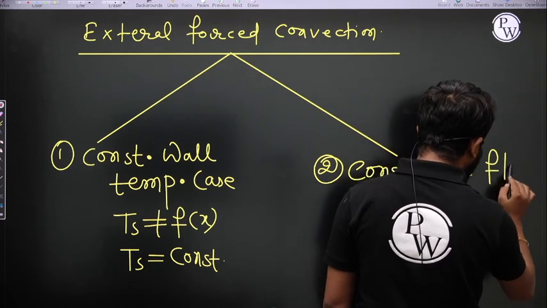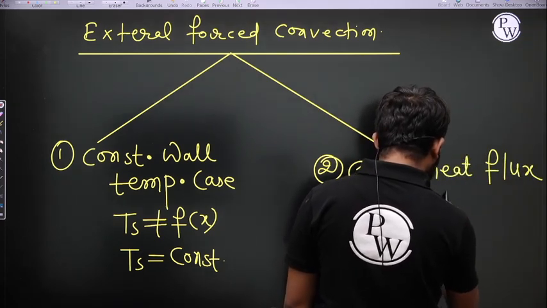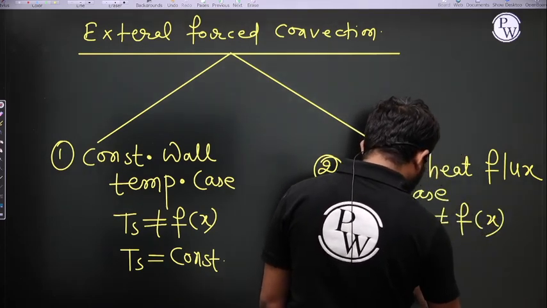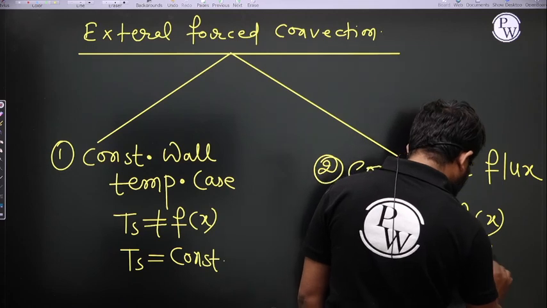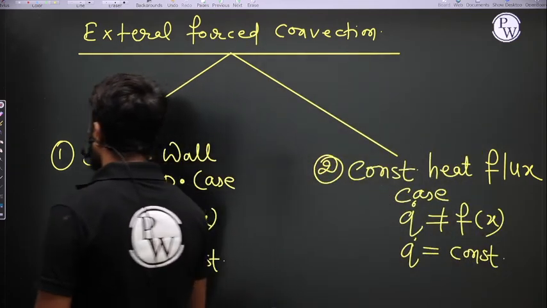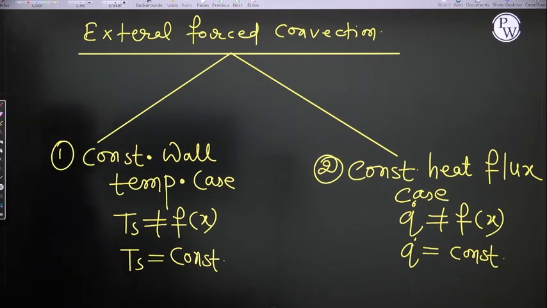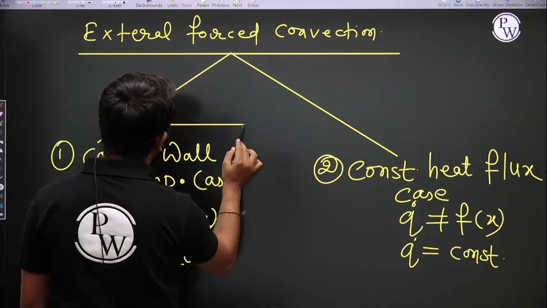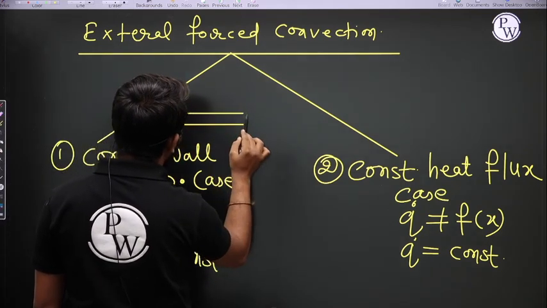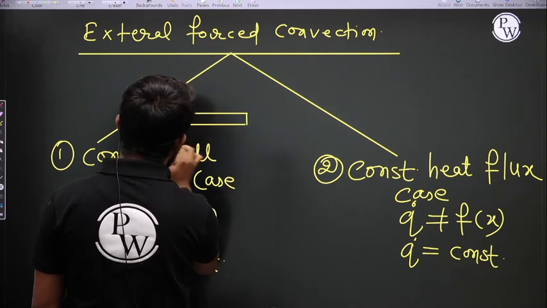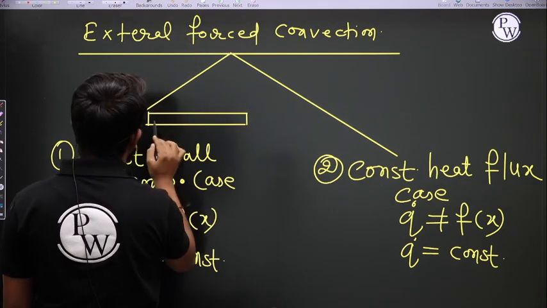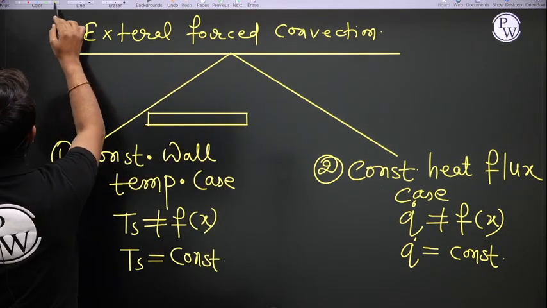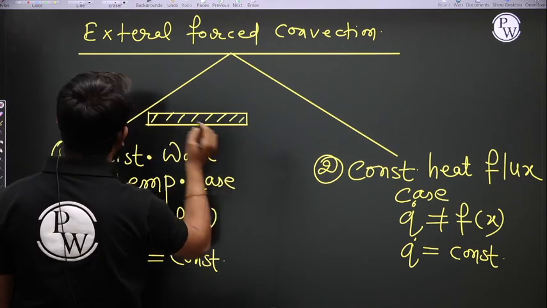Constant heat flux case, where q dot is not a function of x. Q dot is constant. So the constant wall temperature case means, if I am assuming there is a wall, or a surface like this, then on this side of the surface,